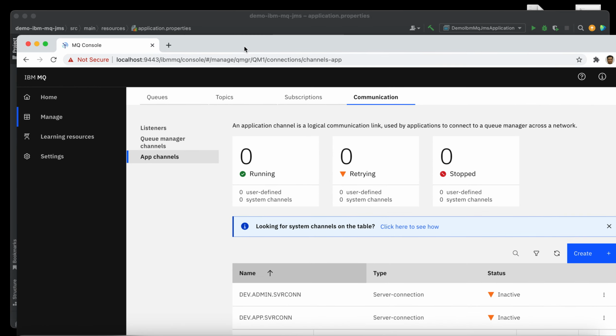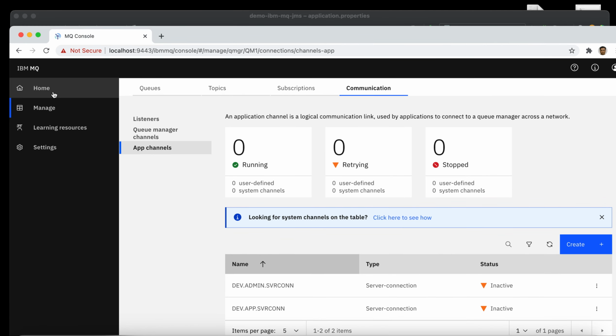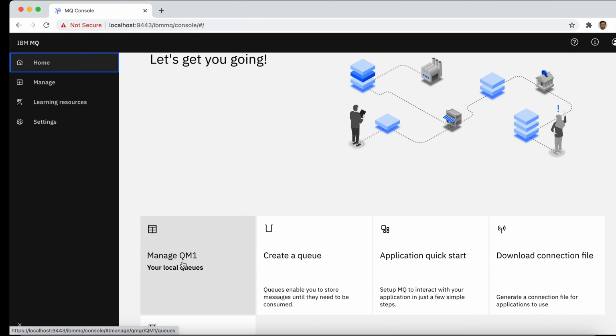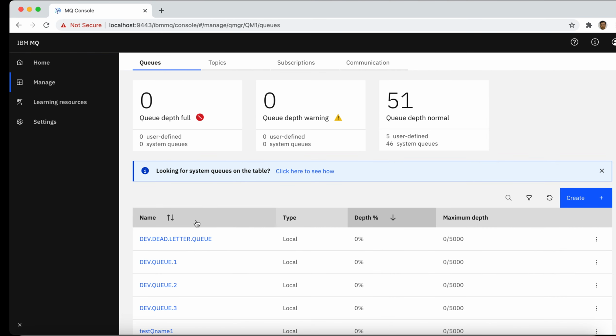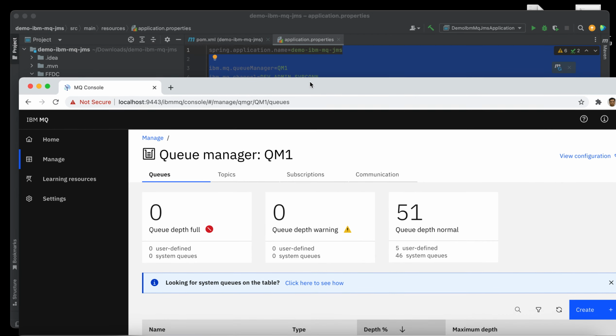Once we log in, we go to the home page, then go to manage QM. Then you will see here the queue manager, which is QM1, right?